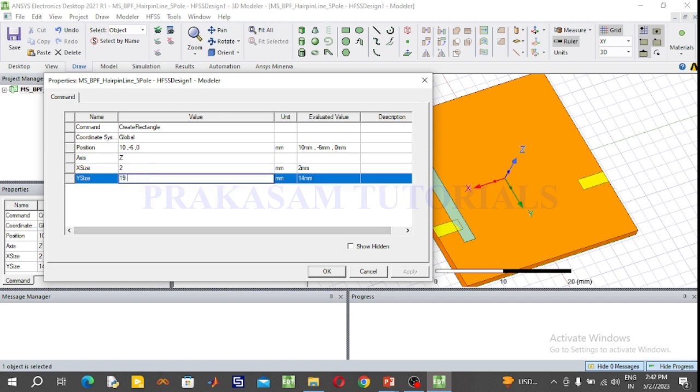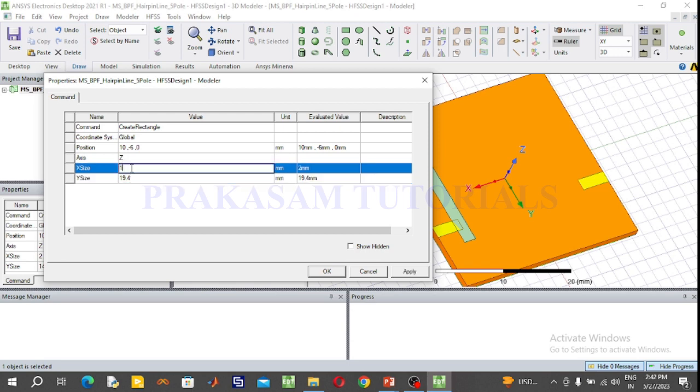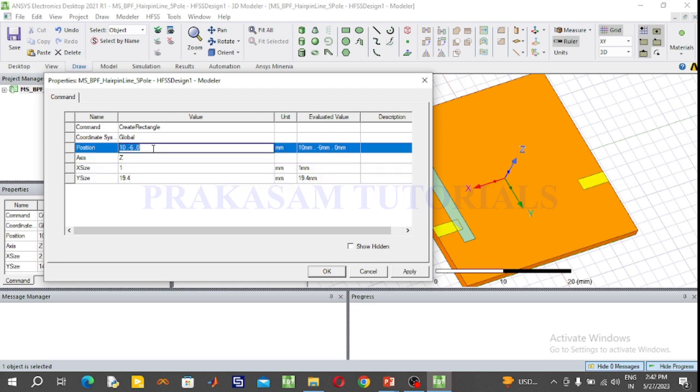This is 19.4 mm, and that line width is 1 mm, and position, the X position value of the 50 ohm transmission line is 15.6 mm, and now here the length of the 50 ohm transmission line is